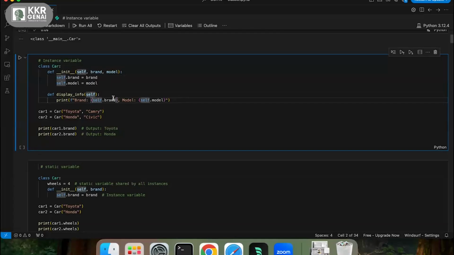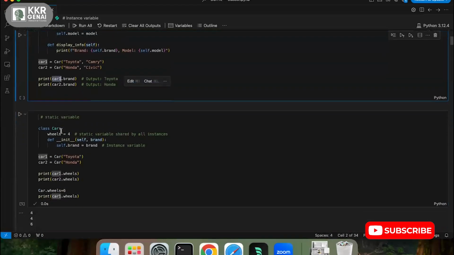So I can access those instance variables with the self keyword. If I want to access instance variables within the class, I can access them with the self keyword, and outside of the class with an object reference.